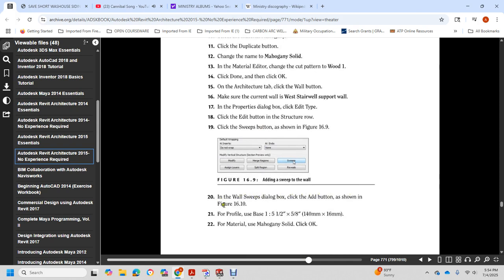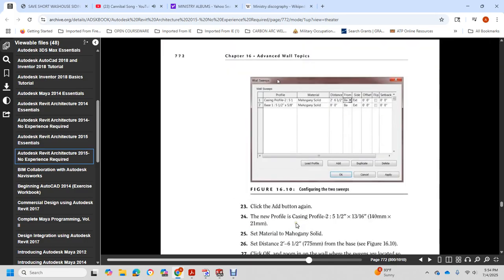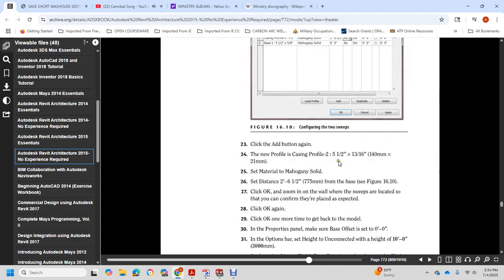Click the Add button, showing Figure 16-10. Profile Base 1, 5.5 inch by 5/8 of an inch, with the material Mahogany Solid. Click OK. Click the Add button again. New profile Casing, 5.5 inch by 13/16 of an inch, with the material Mahogany Solid, 2 foot 6.5 inches from the base. Click OK. Zoom in on the wall with the sweep to confirm